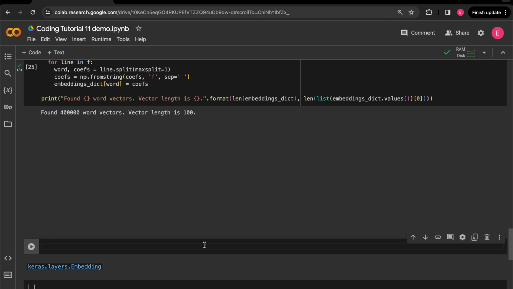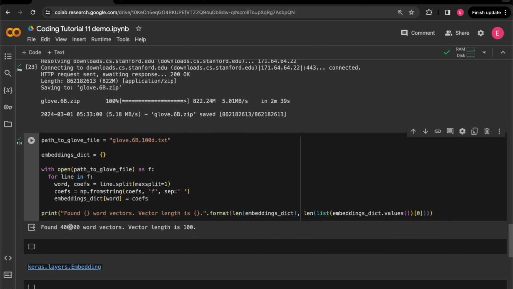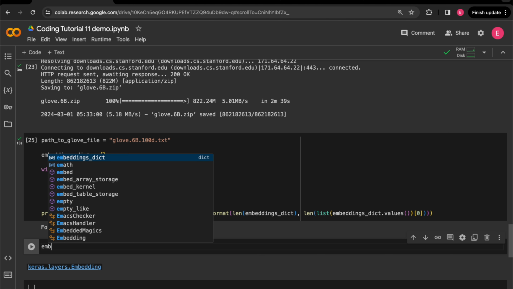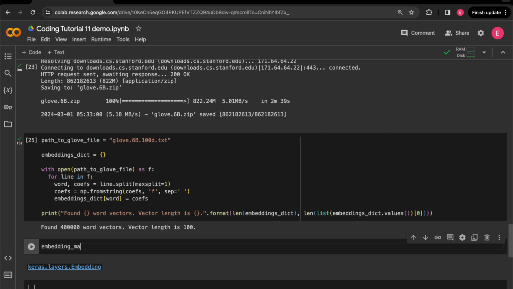And there are 400,000 words found here, and for each vector the length is 100. All right, so with that we can move on to building an embedding matrix for our model. That's going to be for the next step. So let's create an embedding matrix